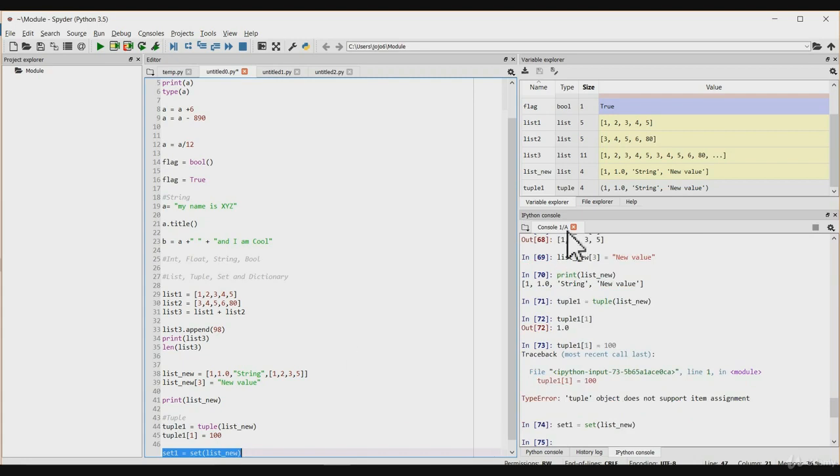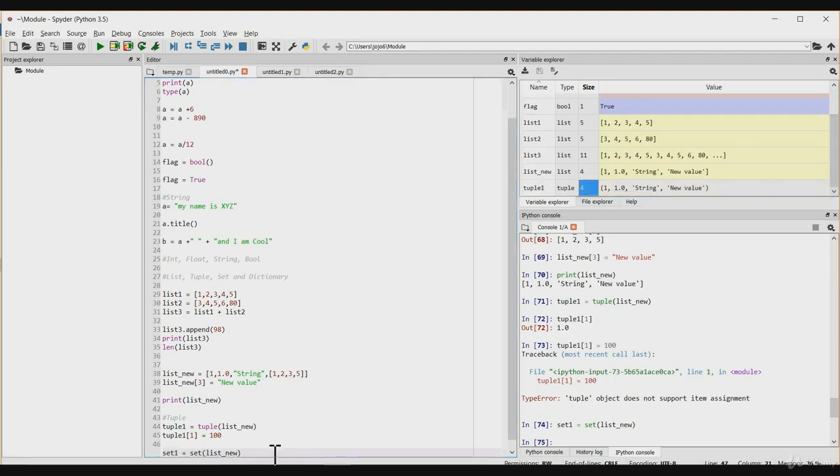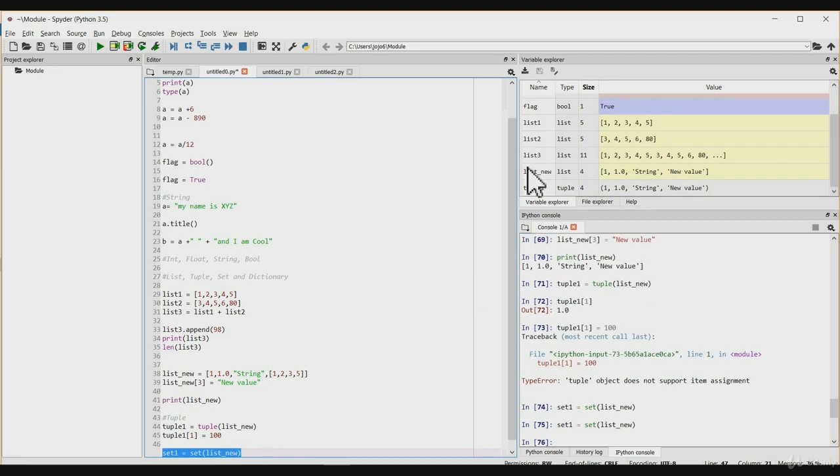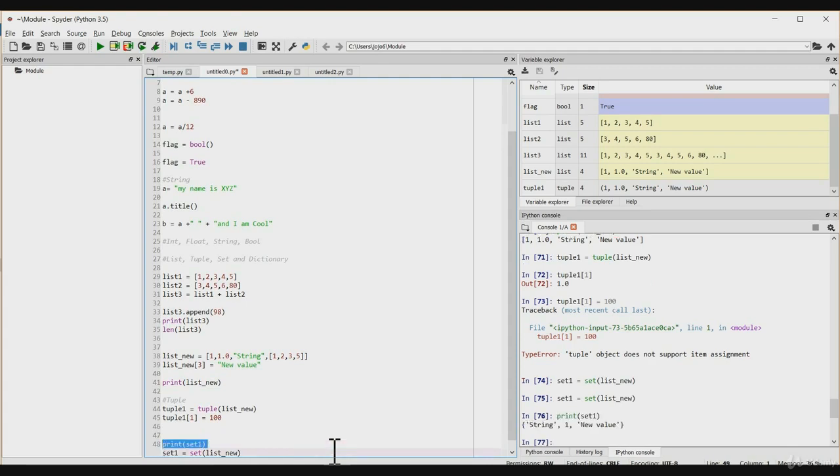It's the same process, and you can see that we have a new data type over here. I think we execute this. Let's say we print this. We have the values over here. String 1 and new value. You can definitely change the values of the set elements. The only difference is you cannot add duplicate values. But in case you add duplicate values, it won't throw you an error, but it will just remove duplicate